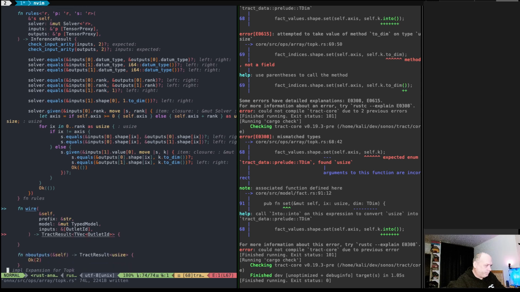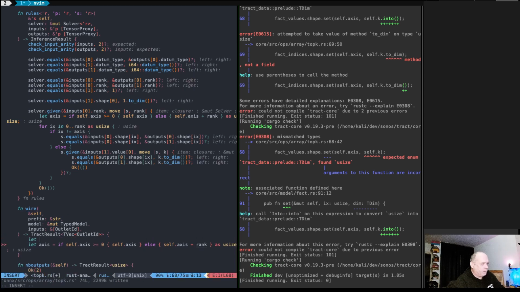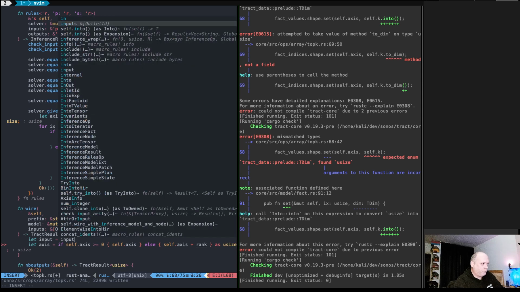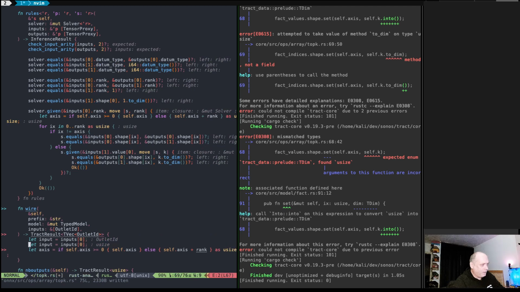It's this one, the one that makes axis positive. So I need the rank. So the rank will be given to me by inspecting my inputs. So let input fact equals. So I have two inputs. So I'm going to use my args2 macro. Will it work? No, it won't work. So I have an input. So my main input is input 0, actually just input 0. My k input is inputs 1,